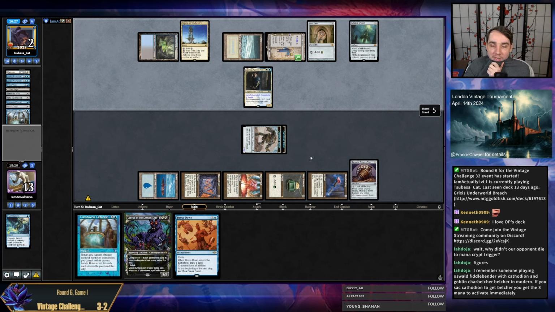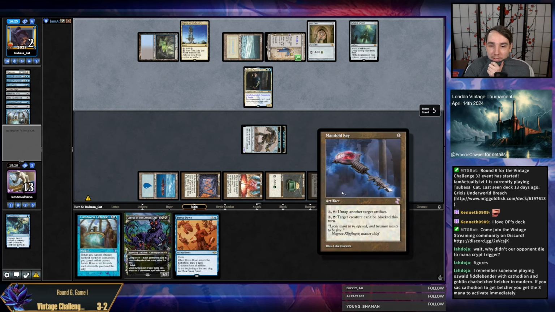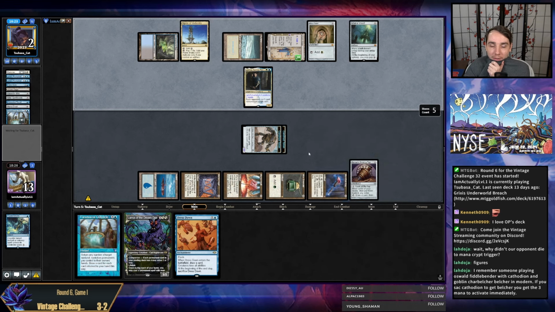We might be able to sneak a Construct win here because they exiled my Time Vault and not my key. Not that they can really exile. I mean, they could have exiled my Saga instead of my Time Vault. Not saying that was correct, but...